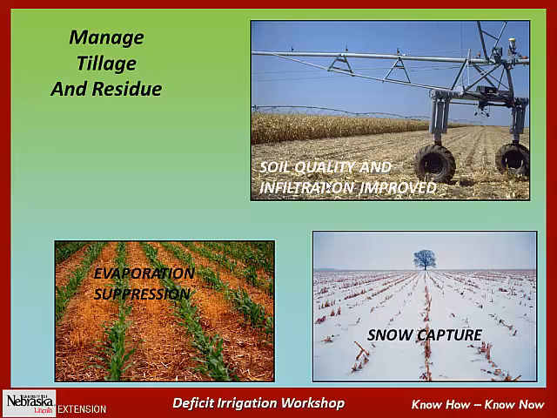But residue is one that is, especially as we're going this heavily to pivots, is one where we really encourage you to think about getting more residue out there and managing that tillage so that we can get better infiltration. We can shade that soil. We don't have the non-beneficial use of water for ET, evaporation. And if it ever does snow, maybe we catch a little of that snow as well in this system. This one here, certainly from a farm perspective, it's really hard to see how this isn't win-win. It may or may not be win-win at the